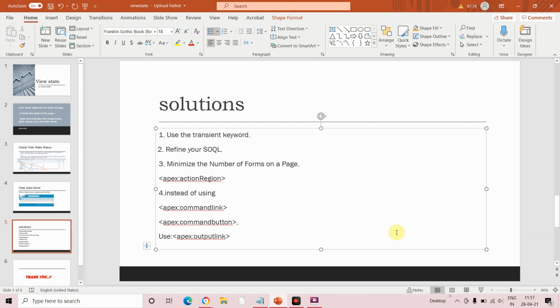Temporary variables are required only at the time of the creation of the page. I mean, whenever the page is loaded into the server, only during the dynamic creation of the values, only for that particular time it is required. Only whenever the page will be loaded into the server. Okay, for example, I'll show you.